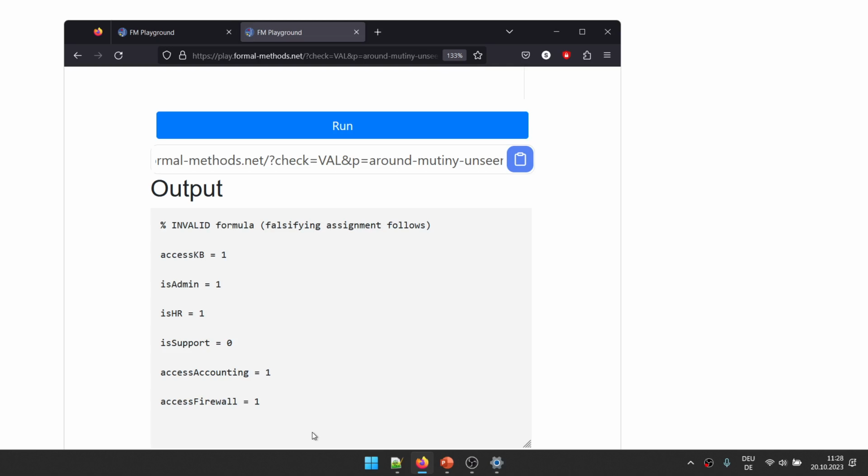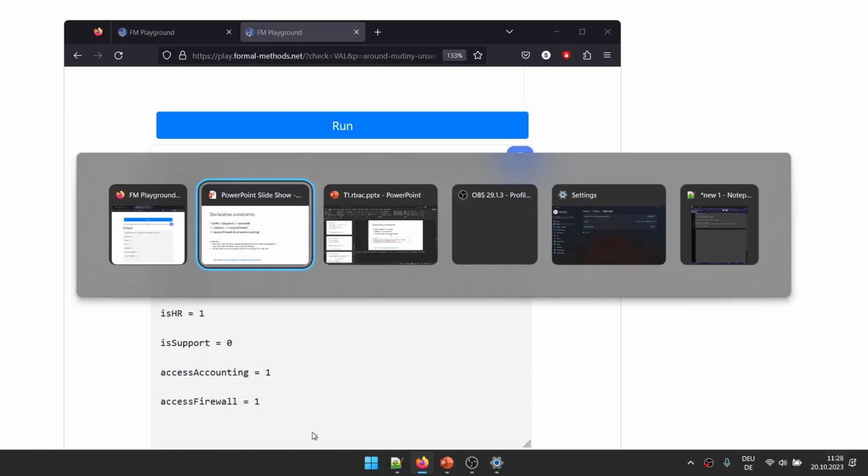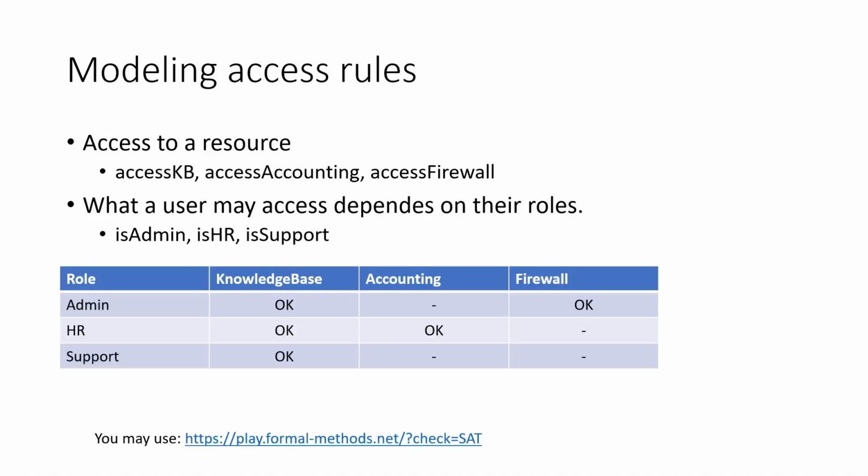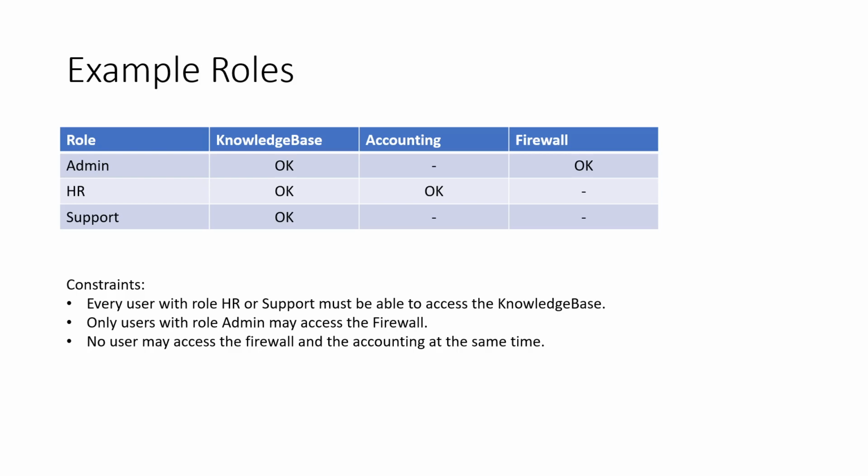So what does it mean for our constraint? We said the original problem we wanted to look at is, given this role-based access table, are all our constraints valid? Are all the constraints satisfied given this role-based access table? And now that we got a negative answer, we see no. This constraint is not necessarily satisfied given this role-based access table. So is there anything we did wrong? No, we really found an issue. If somebody really has both roles, HR and admin, then